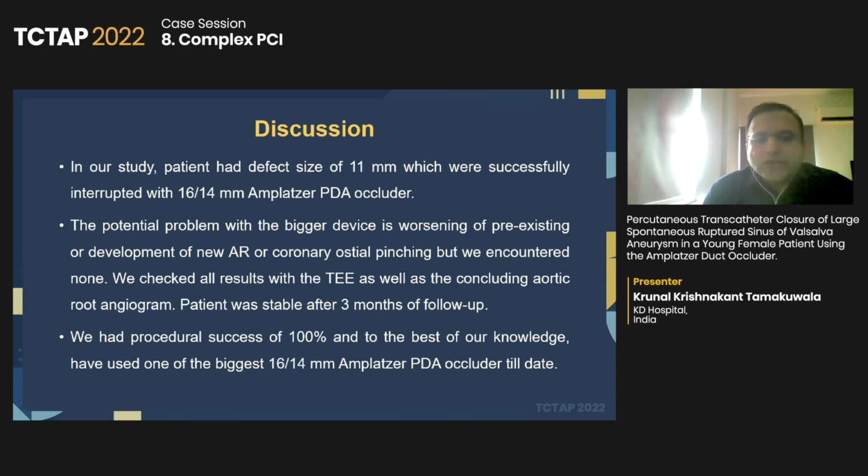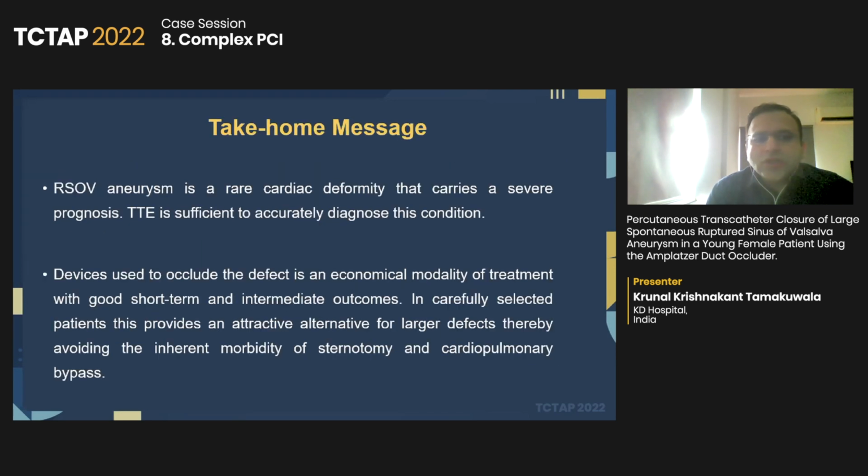We checked all results with TE as well as a concluding aortic root angiogram. The patient was stable after 3 months of follow-up. We had a procedure success of 100%, and to the best of our knowledge, we have used one of the biggest 16/14 mm Emplazar PDA occluders to date. So the take-home message will be: